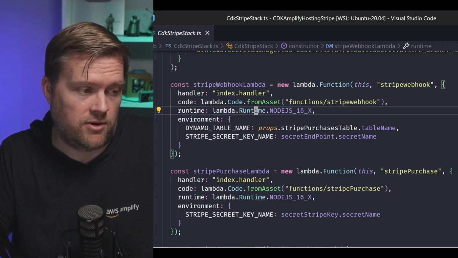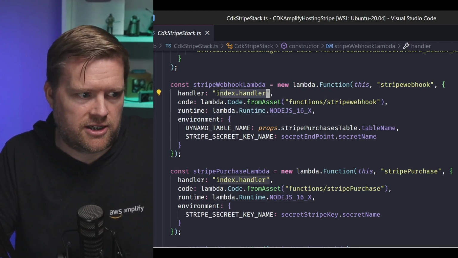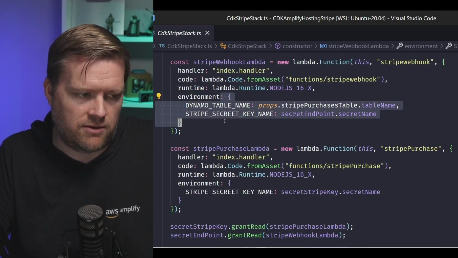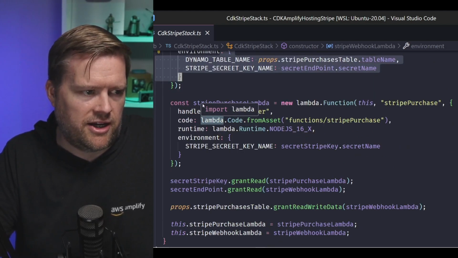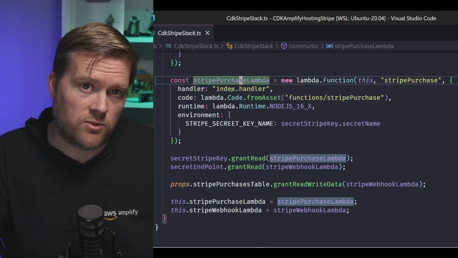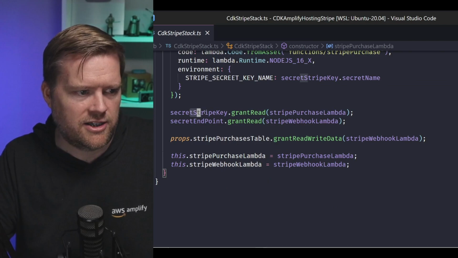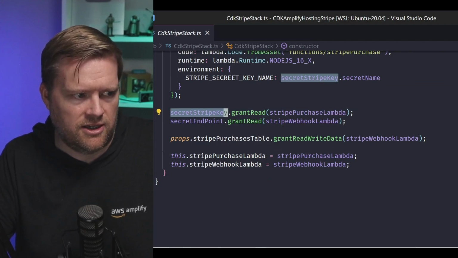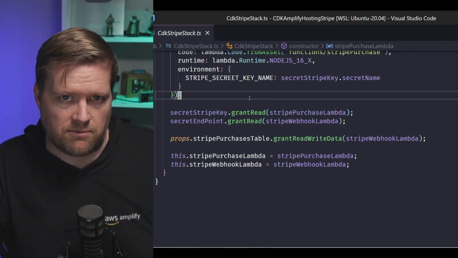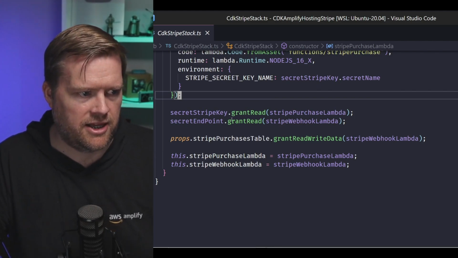And this is all typed, by the way. I'm telling it to use Node 16. The entry point is index.handler, and then I'm sending it some environment variables. And then I create the Stripe purchase Lambda. So this is the webhook Lambda and the purchase Lambda. Same thing we saw with the API routes earlier. And then I just do some granting. That way this secret key, I'm using Secrets Manager, has access to the Lambdas,